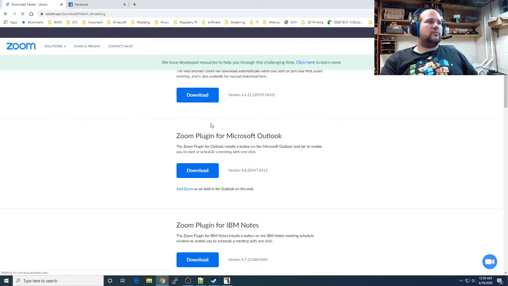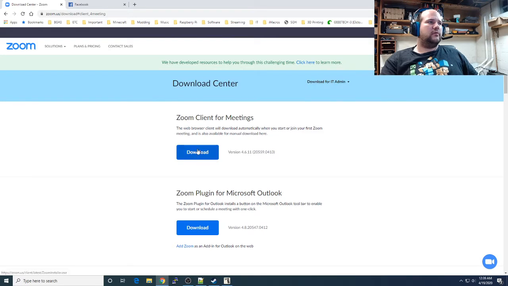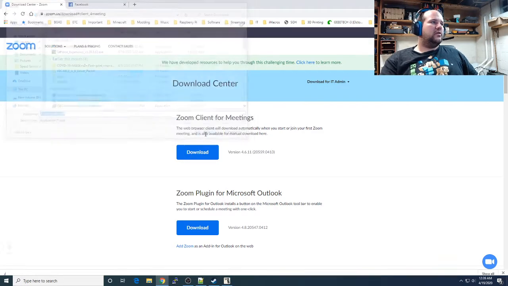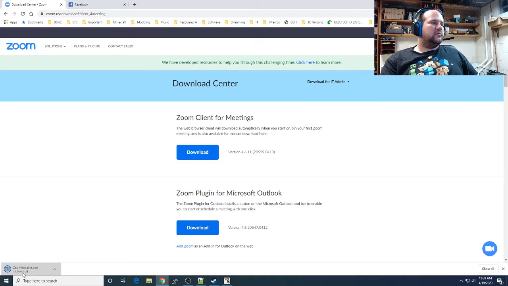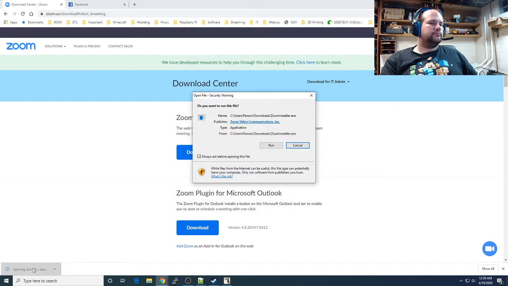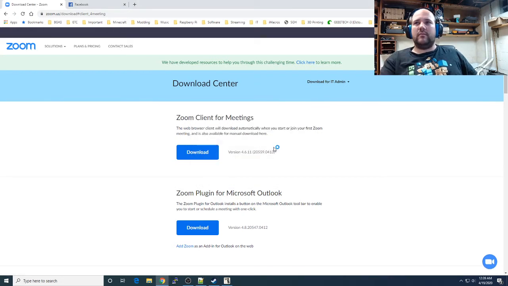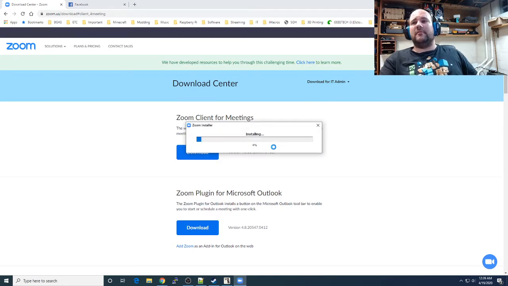So here you go to Zoom, download Zoom client. It's the first one right here, Zoom client for meetings. And you would save the installer. Then you would double click the installer once it finishes. Cue Jeopardy music. That's it. All right, so it'll probably ask you, are you sure you want to run it? You would hit run, and it may give you an additional prompt. You'd hit yes, okay, whatever it may present you. It depends on what your computer is set up for. So then you go through the installation,